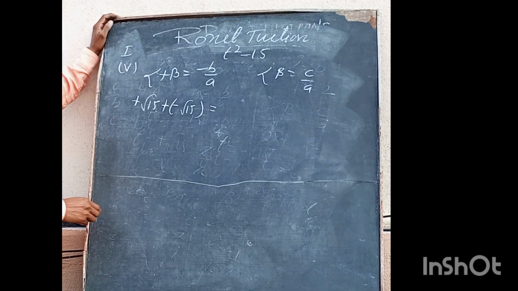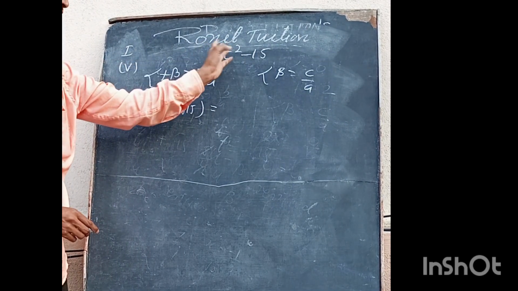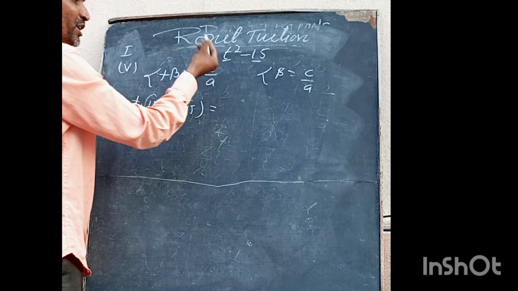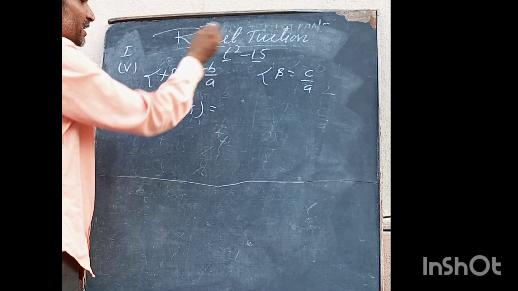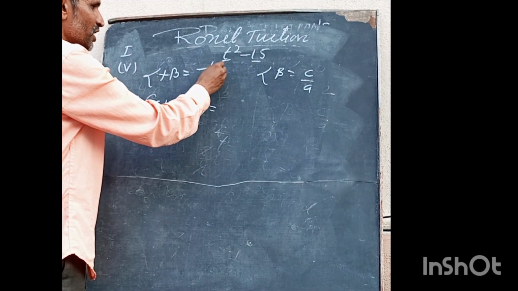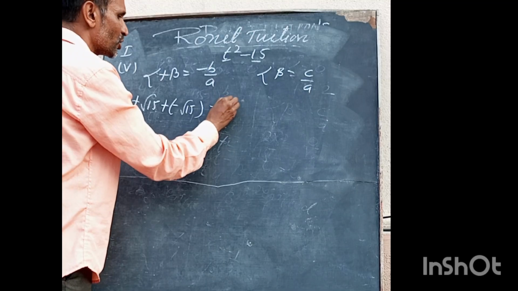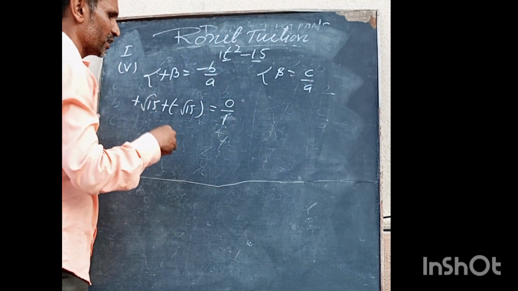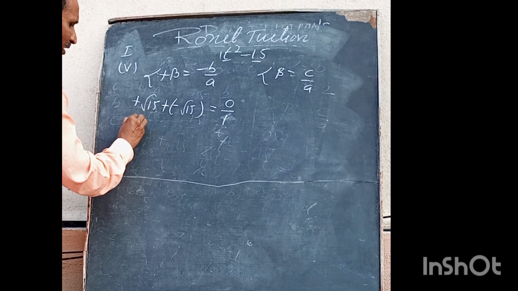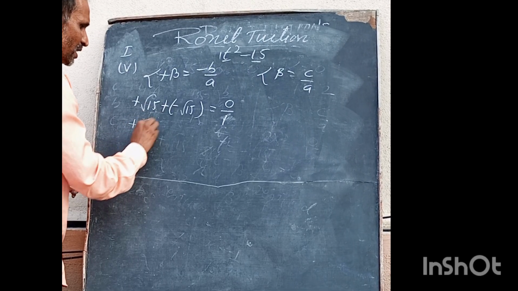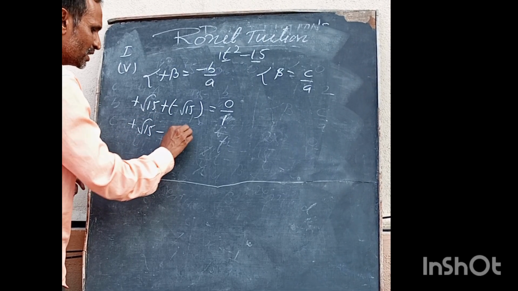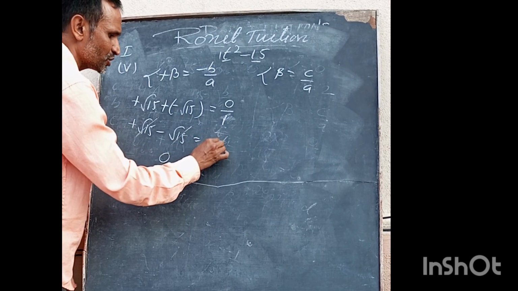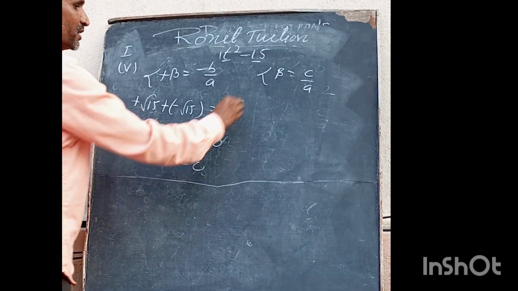is equal to minus b by a. The b value is not there, nothing is there with the variable of single power. This is the a value and this is the c value. So b is 0, by the a value, which is 1 only. So root 15 plus minus root 15, the same numbers cancel. 0 is equal to 0 by 1 is equal to 0, hence verified.